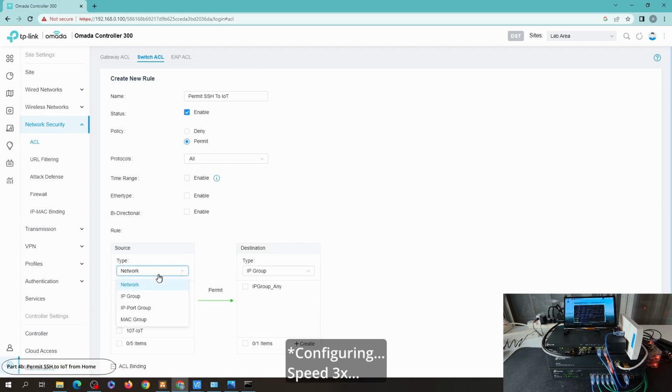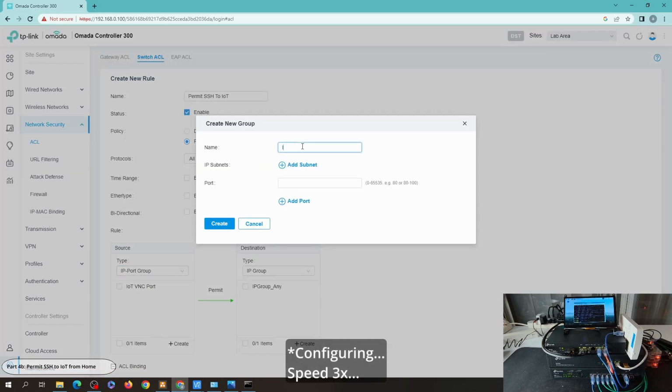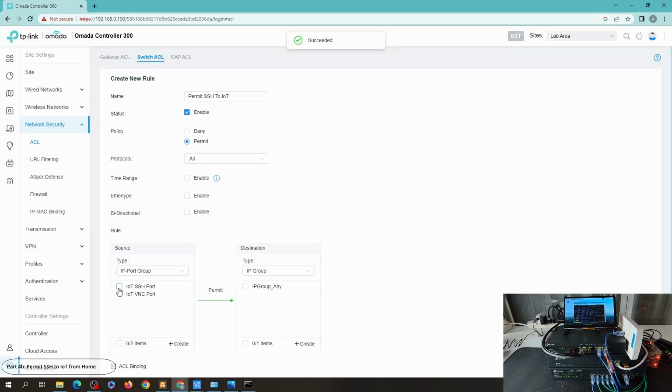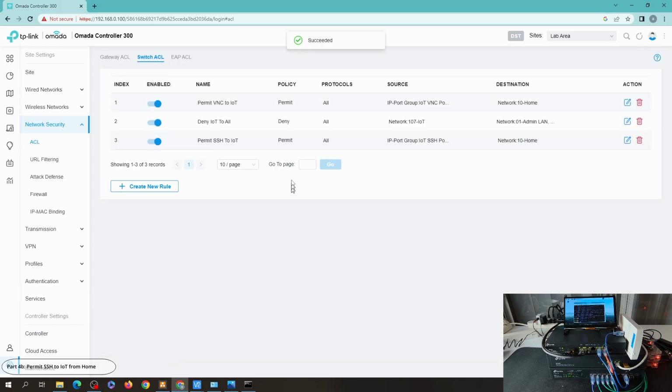Oh, look, IoT SSH port. Same. So I need the SSH port. Let's say I would like to SSH from the network, I can do that too. Or I can also do that. So for now, just for the purpose of discussion, let's just do this. Great. So it will still not work, like I said, because of the way the order of the ACL is